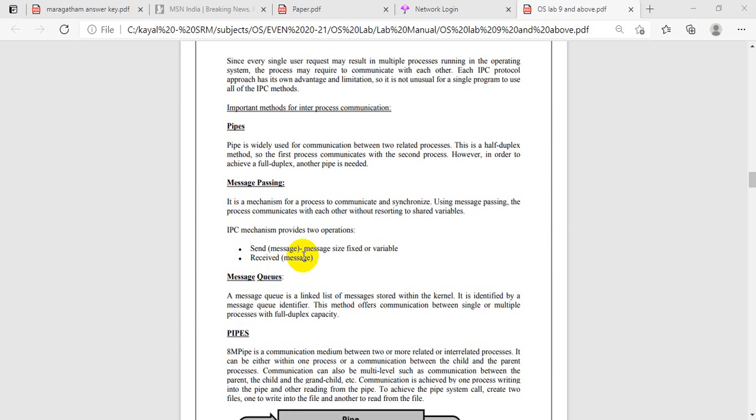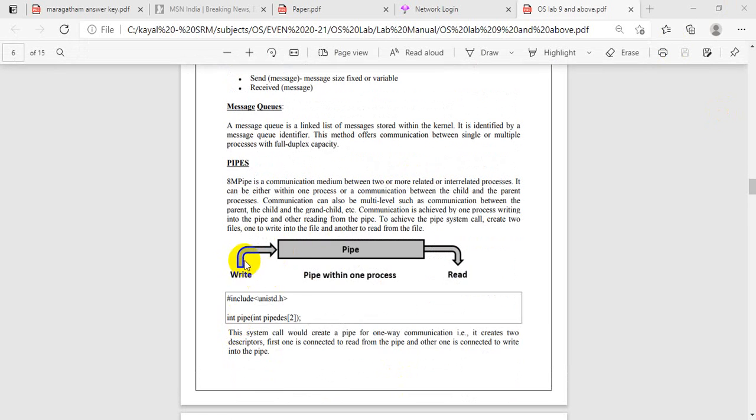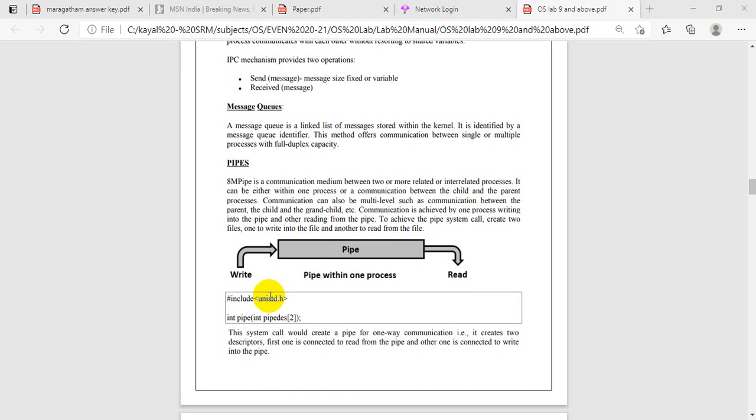Okay, so a pipe has two ends. One is the read, the other is the write. In general, a pipe is called a half duplex method, where you can do the read at one end. It means that you need two pipes for doing a read as well as a write. One may be dedicated to the read, the other to the write. At one end, you can see it is trying to write to the pipe. On the other end, you can read one by one.